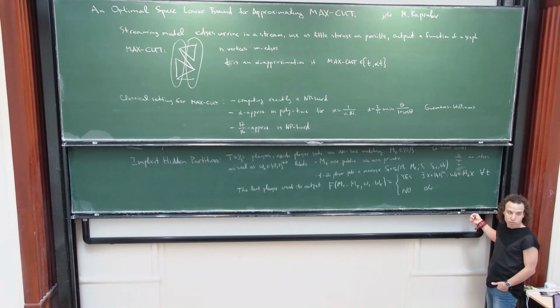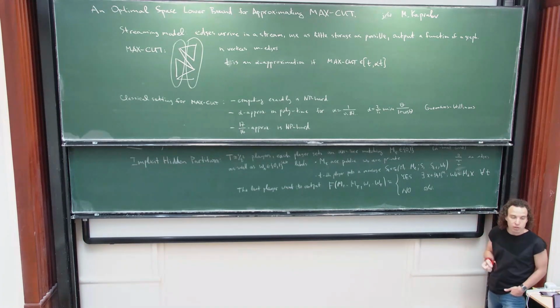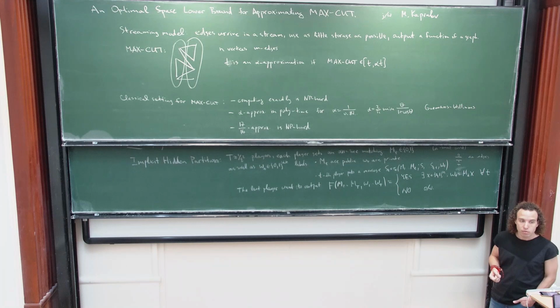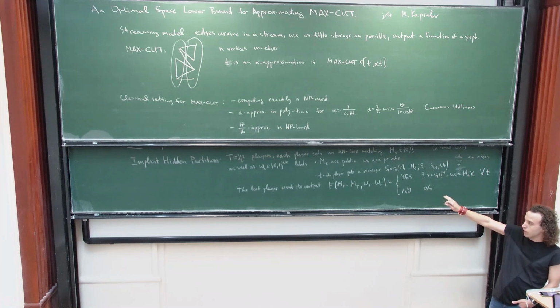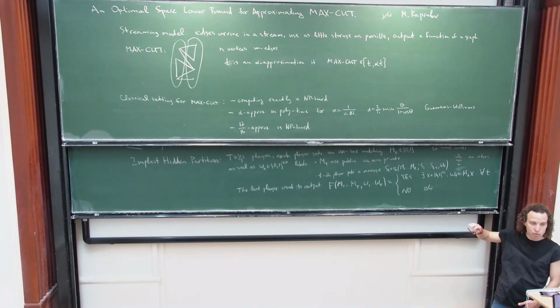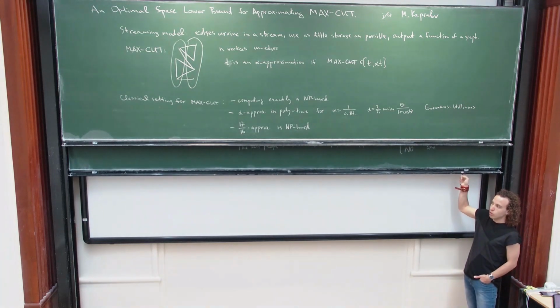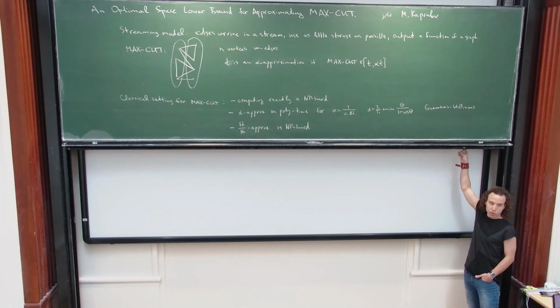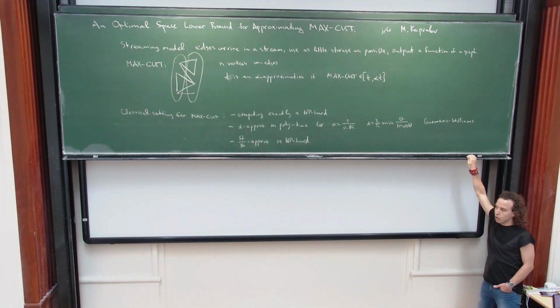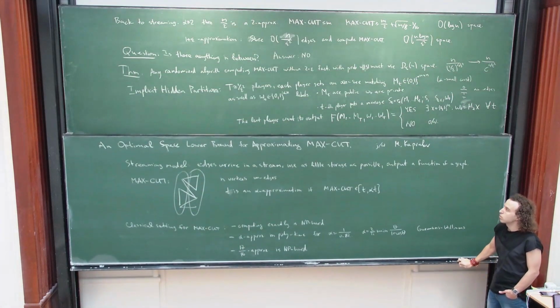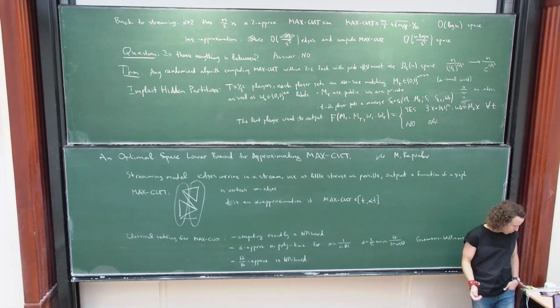Is that a total function, or do you have any promise on the no instance? Sorry, say it again? Is there any promise on the no instance? Like even on one bit for one player, if it's not correct, should the output be no? Yes, I mean for now we don't have any distribution of the inputs, so we just want to understand whether it's yes or no. But for the reduction, we will have the distributional version of this, where the no instance is actually going to be far away. Because for now it's possible that the no instance is very, very close to the yes instance.